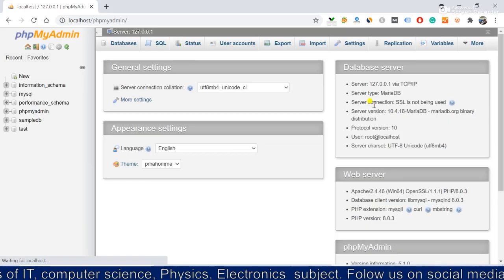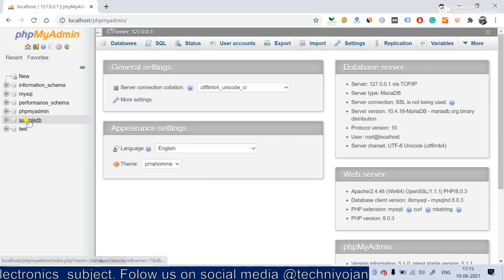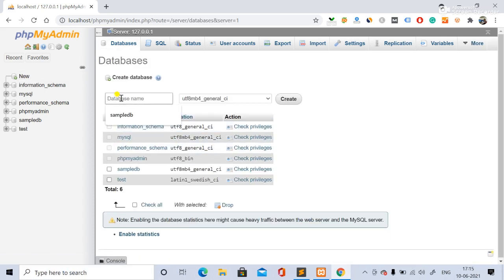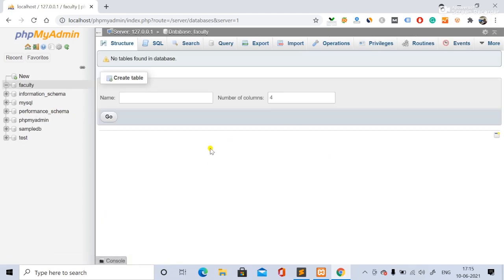So now I will click over here, and first of all, let's create a database. Suppose a database sample or student or faculty. Let us take the faculty database today, right? And I will create this. Now see over here, where we have to create the table. To perform those queries, select query, delete query, and insert queries, you first have to create the database.